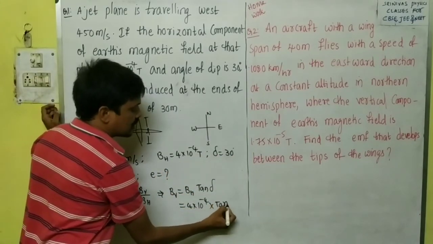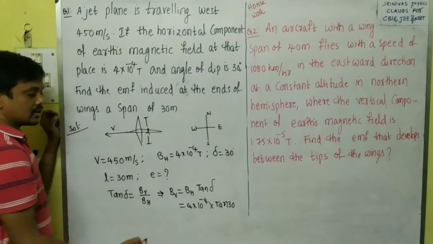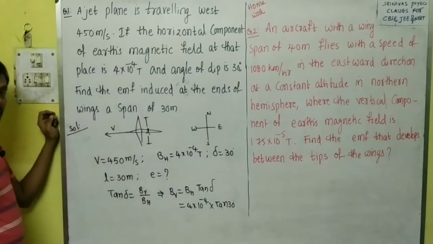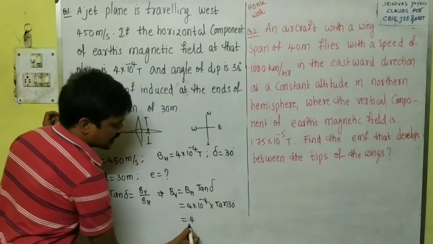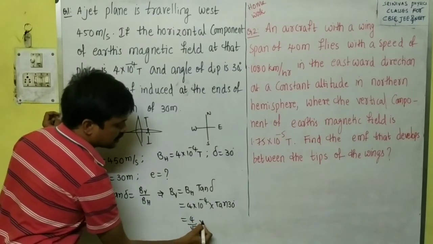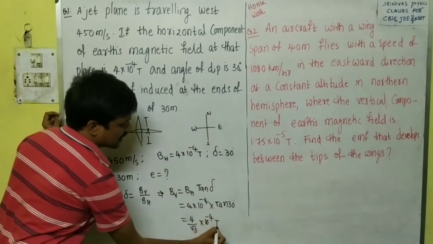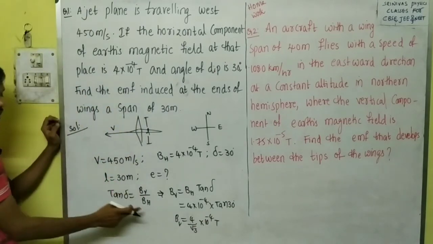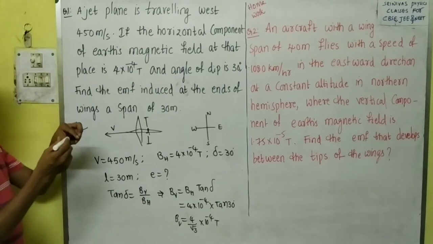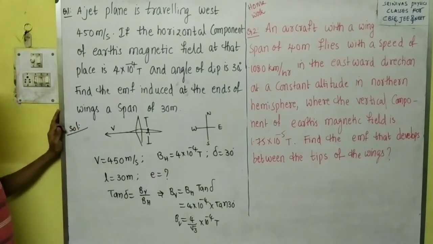Tan 30 value, you know. Yes, what is tan 30? Tan 45 is 1. Tan 30 is 1 by root 3. Then we write it as 4 by root 3 into 10 to the power of minus 4 Tesla. Here we got the vertical component of the magnetic field, BV, and span length and velocity are perpendicular. Then the induced EMF formula we will get as,